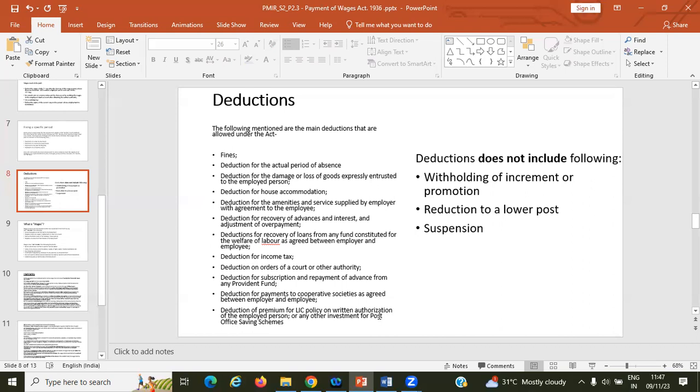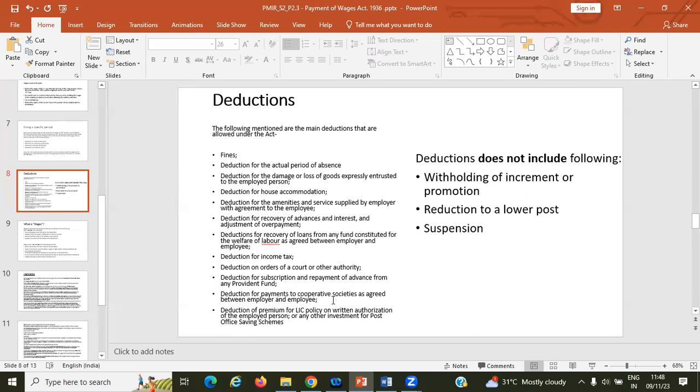Income tax, I told you, deduction regarding your provident fund, deduction of your premium. Suppose the company is paying something on your LIC, so that kind of deduction, your TDS, as per your calculation, as per your saving, the company has deducted something from your salary as part of tax.